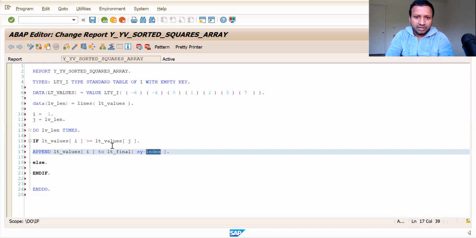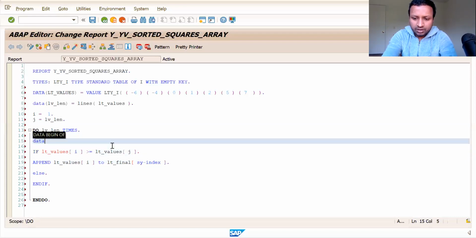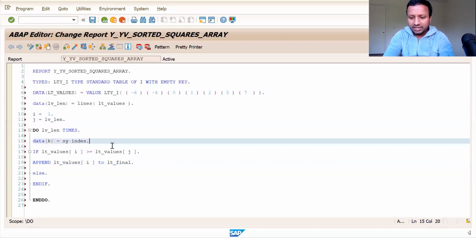We are unable to take sy-index. What we shall do is take some data k. So why do we need this? We can just directly do it to LT final, right? We don't even need this sy-index.